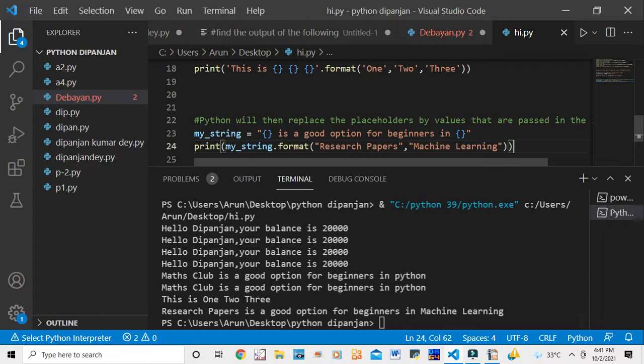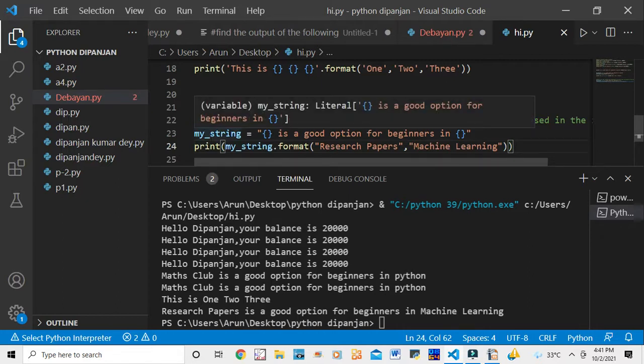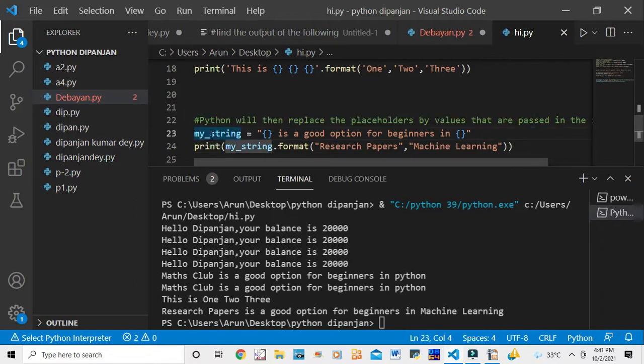Now what I told, my string is a variable. If we change that, because my and string, there are two variables, in between two variables there must be an underscore. If I write only one variable, there will be no need for an underscore, right? I am just changing here. You can follow me, what I am doing.